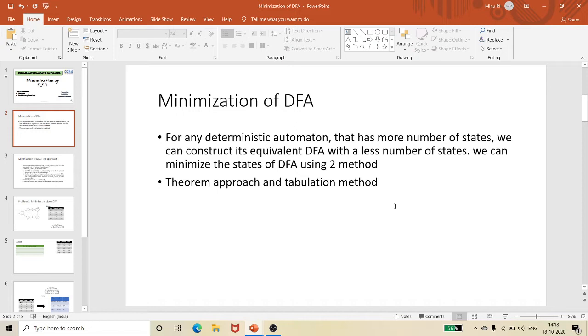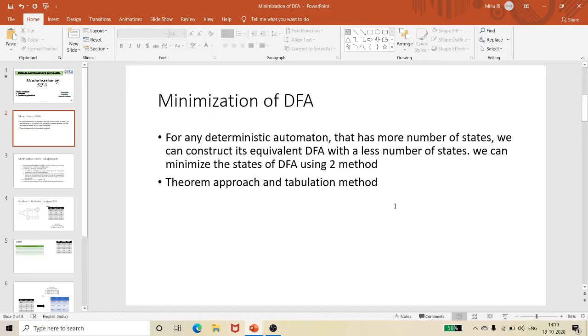There are many shorthand techniques for reducing the number of states in a DFA, like the tabulation method and others. But whatever it is, studying the basic fundamentals of a concept through the theorem is a better way of studying.